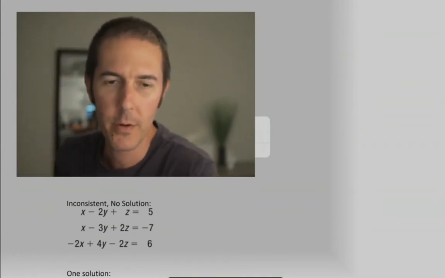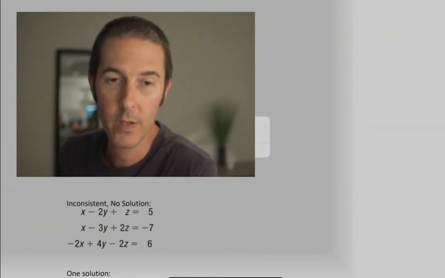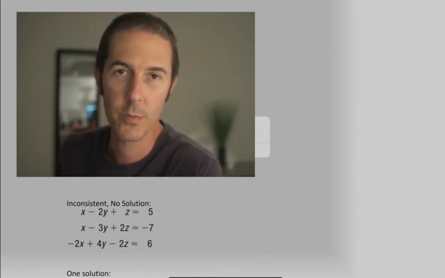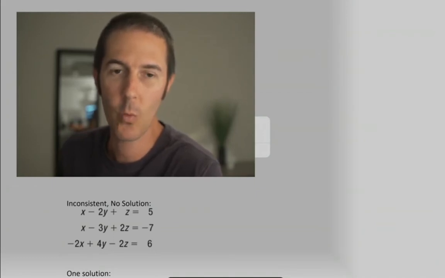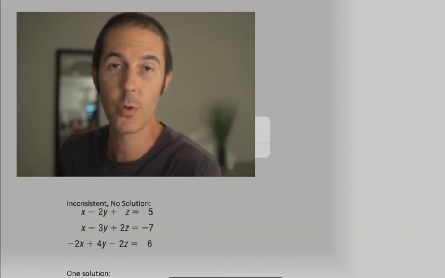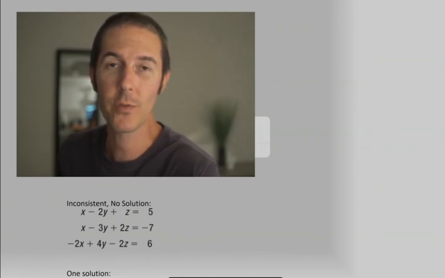Just below me there, you can see one example of a system of 3 equations with 3 variables. And what you need to know conceptually is that one of those equations, just one of them, if you were to graph it in 3-dimensional space, you're going to get what's called a plane. And a plane,